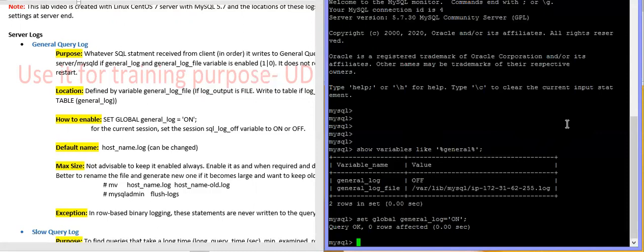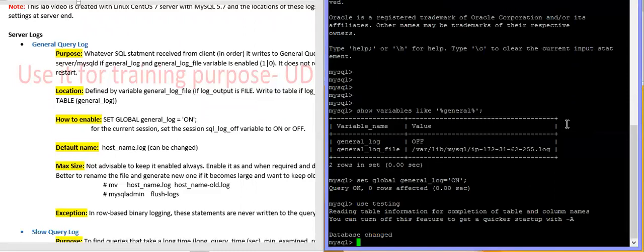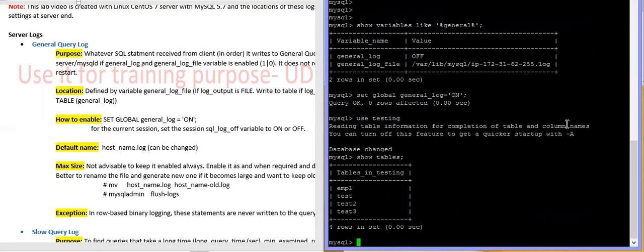Now let's try one query. I have one database. I can see so tables. I hope all these SQL statements are logged in that general log. If you want to see a log file from the MySQL prompt, you just have to use vi and then the file path.